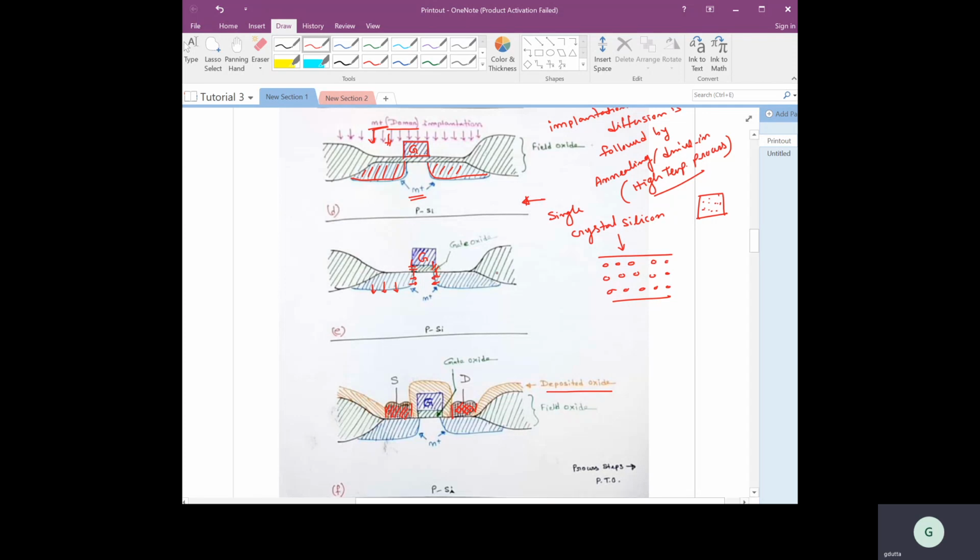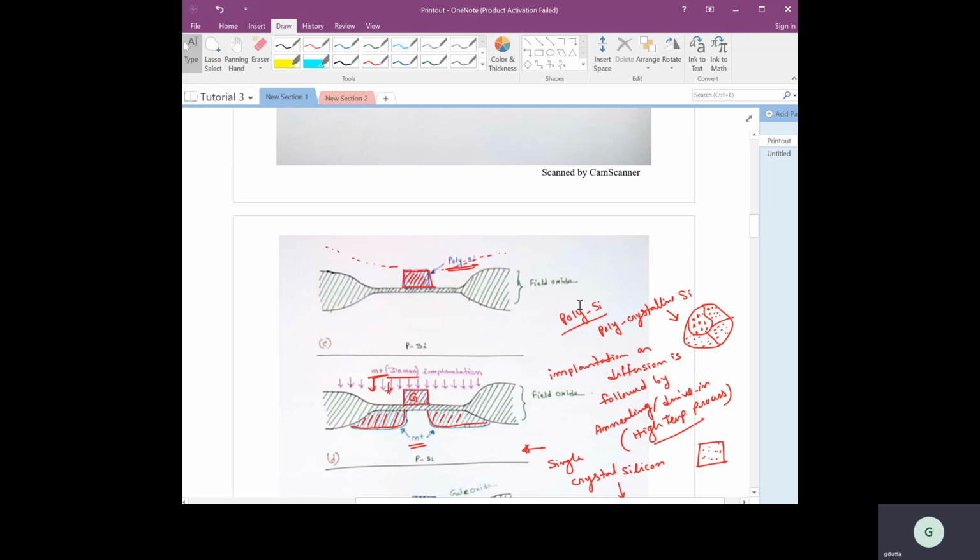So from this I hope you have understood why the self-aligned technology gives us much more freedom in terms of aligning the source and drain with respect to the gate. And you have also noticed the gate is formed first, and then with respect to the gate the source and drain have been formed, right?